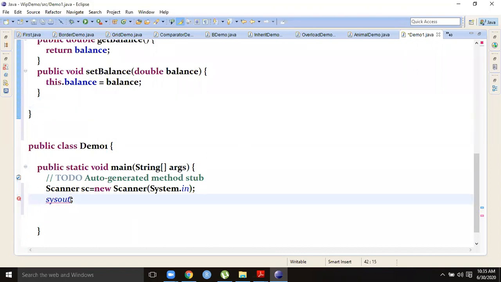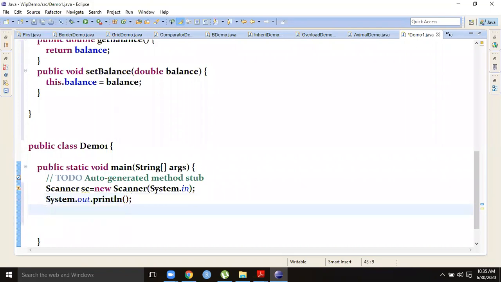Keep the cursor here, and if I press Control plus Space, the entire statement will be generated. I need not type anything. Control and Space. Again, I show you: SYSOUT, then Control plus Space.